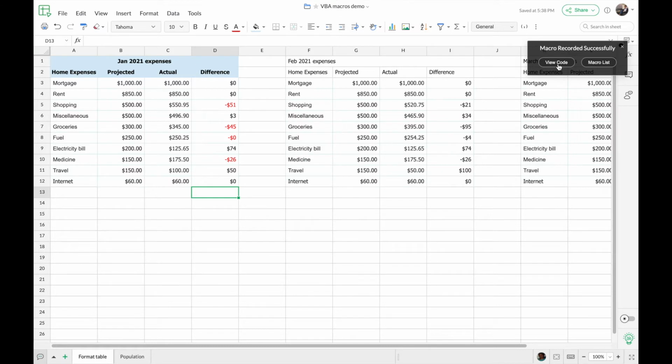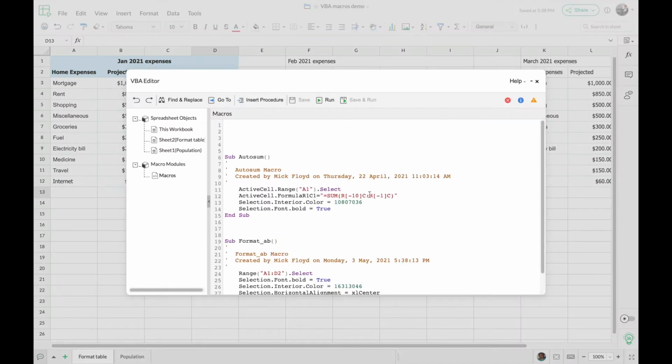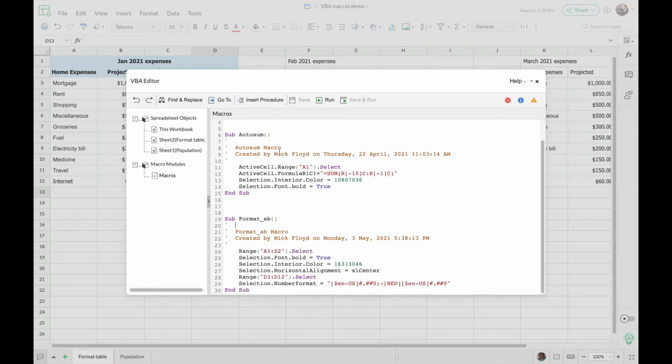So here I'm just going to show you how the code will be in the editor. So I'll go to view code here. So this is the VBA editor in Zoho Sheet. So as you can see, the existing macro codes will be shown on this editor page for you. So on top you can see the old macro that I have in my spreadsheet that is called AutoSum, and below that you can see the macro that we had just created. So you can see that the macro code starts from here. You can see the name of the macro, that is format_AB, and below that you can see the details about